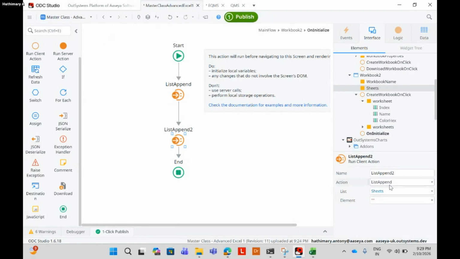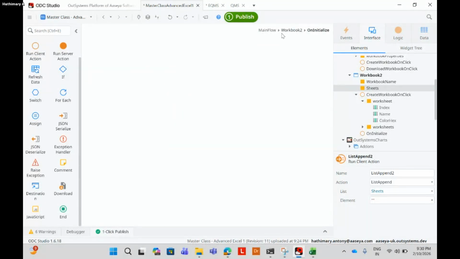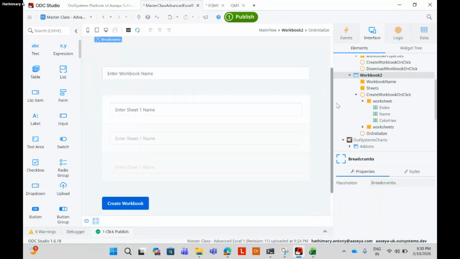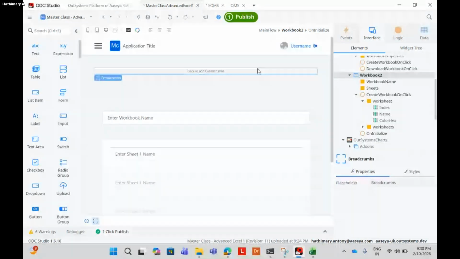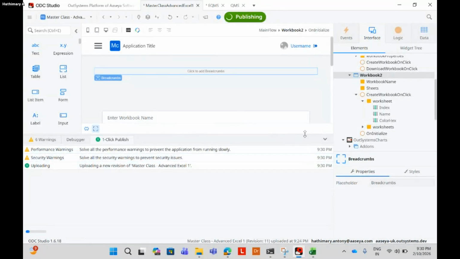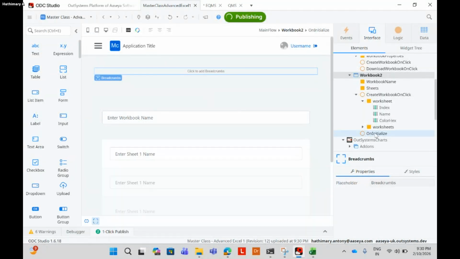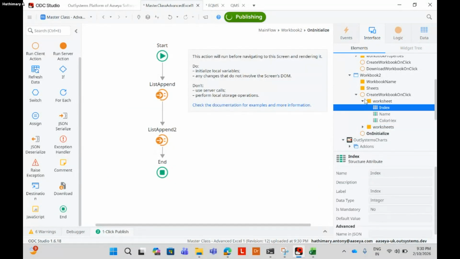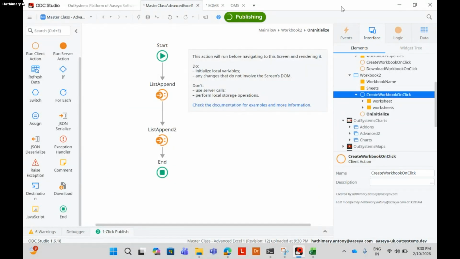So in the on initialize, for now I'm adding this, but if you want, you can put a plus icon and append an empty element, and then ask them to enter the sheet name, or you can even use a form for entering the sheet name. When they click on plus again, the form will be reset. You can do however you want, but for now I'm just appending two elements here, and it will come in a list, and then I will put a sheet name and create a worksheet.